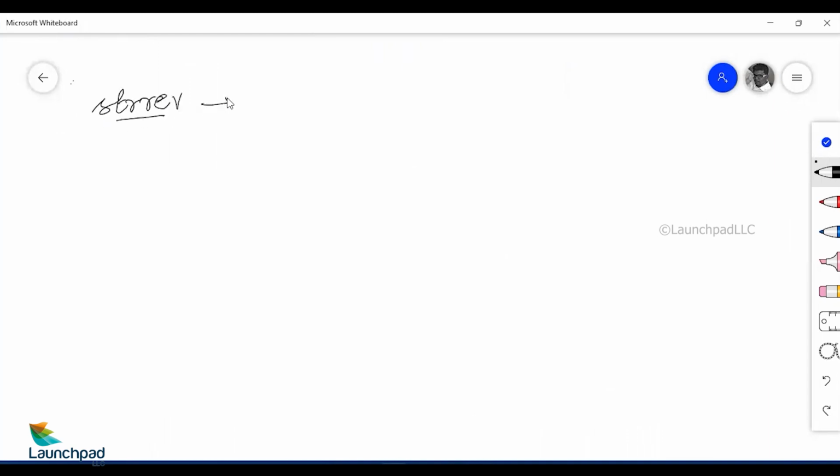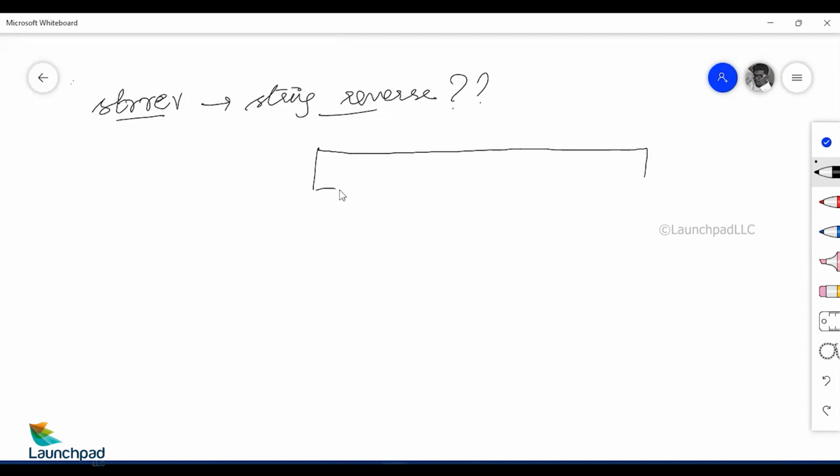strrev is a string reverse function which reverses the whole word, as we already know. Now, how does it work? Whenever you talk about reversing a word, it is essential we understand how the word is stored and how the reversing happens.